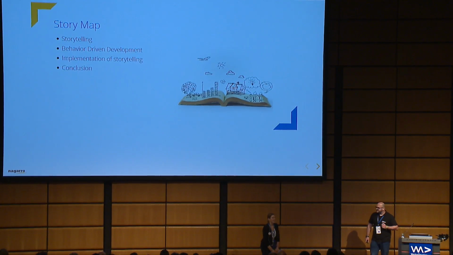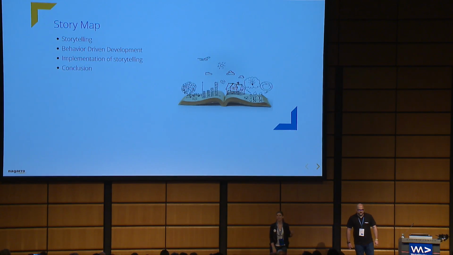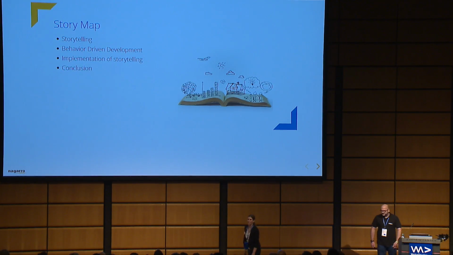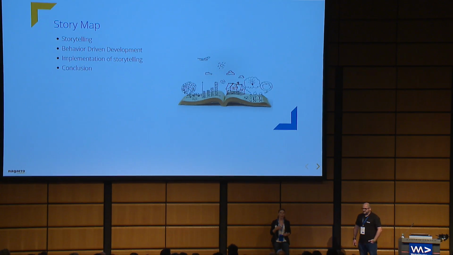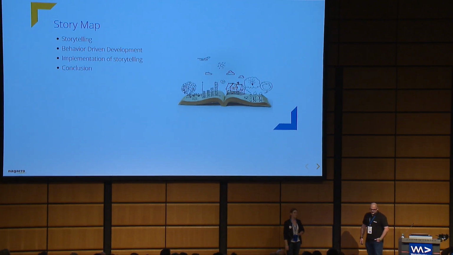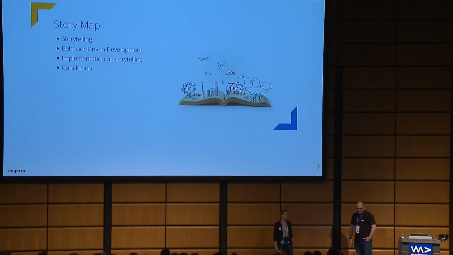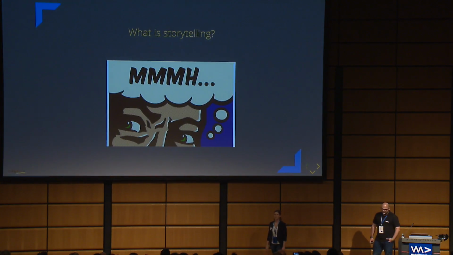Christina. Yeah, as you know, a story is always divided into 3 acts: the beginning, the confrontation, and the ending. And our talk is doing that as well. So at the beginning, we are going to cover a little bit what storytelling is and how we can use it. In the middle, we are giving you a short introduction to behavior-driven development and how to implement storytelling in code. And at the end, we'll give you a small conclusion to what we have covered so far. So let's move on to our first act, storytelling.